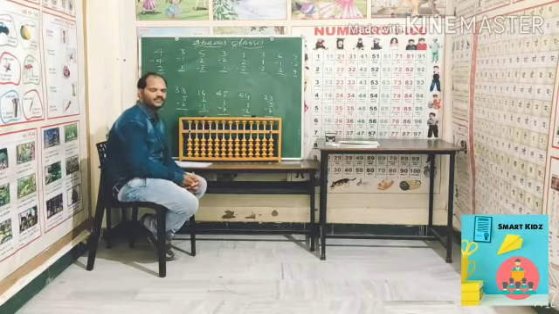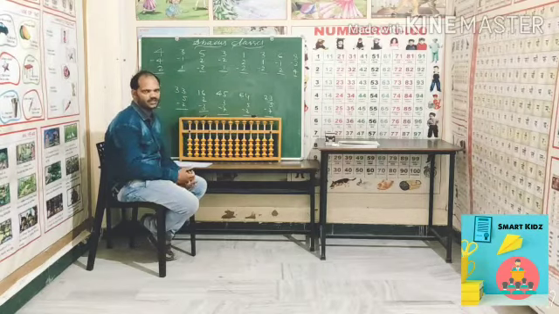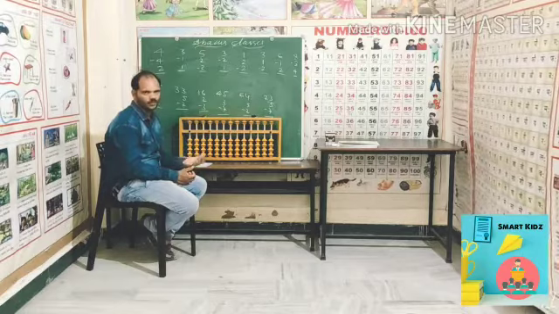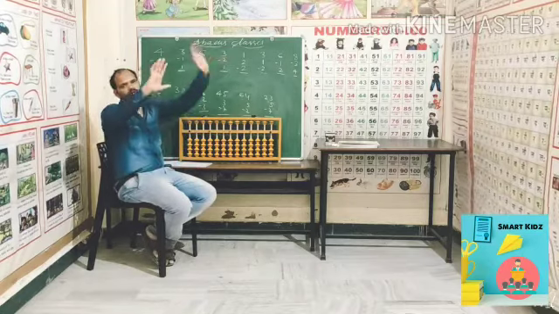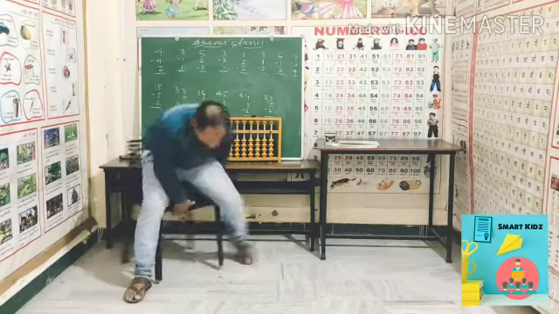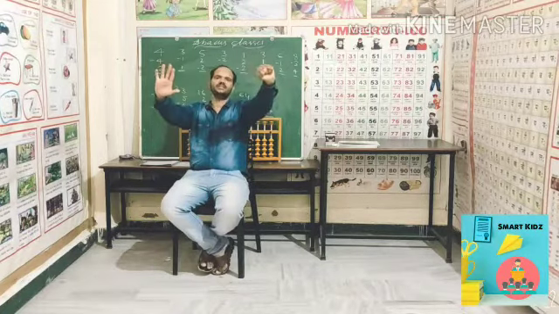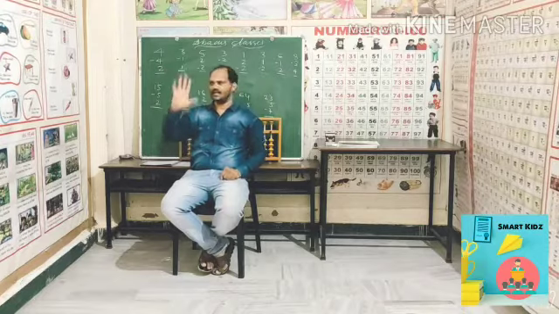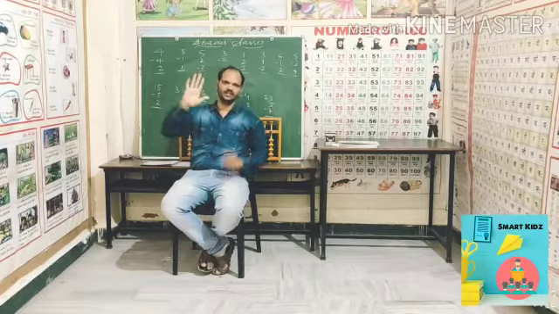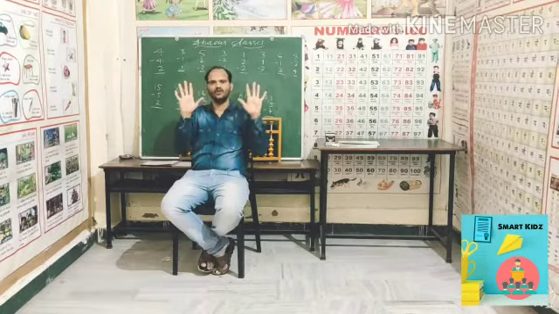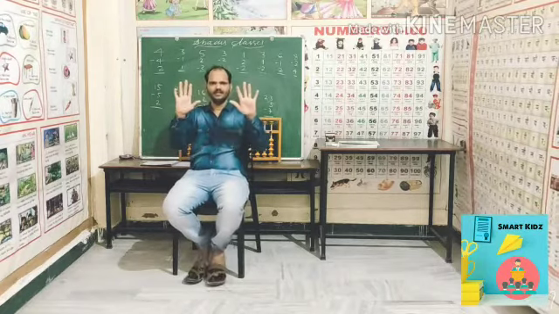And for 5, 6, 7 year old children, how can they use their hand if they don't have a tool? I will explain that also today. For example, this is your left hand and this is your right hand. On the left hand you think 1 to 9, and on the right hand you think 50, 60, 70, 80, 90. So on two hands you now have numbers from 0 to 99. You can frame it on your hand.